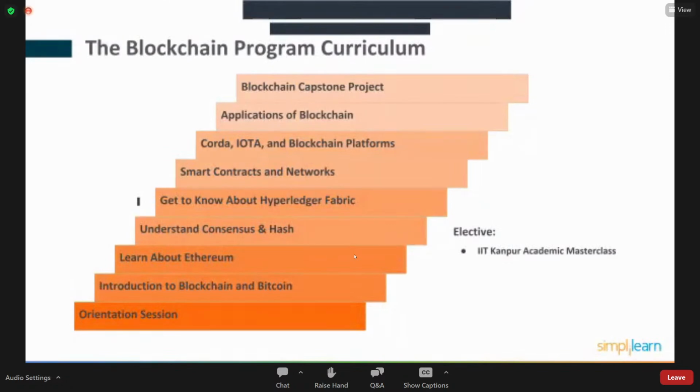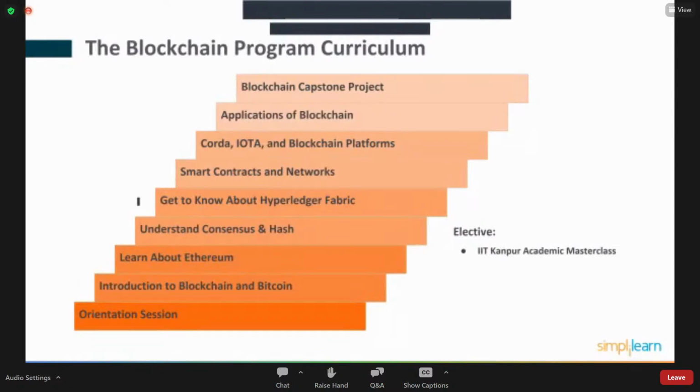Right. After which we enter into Ethereum, which is one of the very famous applications in the market currently. Using Ethereum, we will be able to create our own decentralized applications on top of the blockchain platform. Ethereum gives us that liberty. We will learn the basics of Ethereum and understand how to create smart contracts and deploy them on top of the Ethereum blockchain, which is the second application of the blockchain technology.